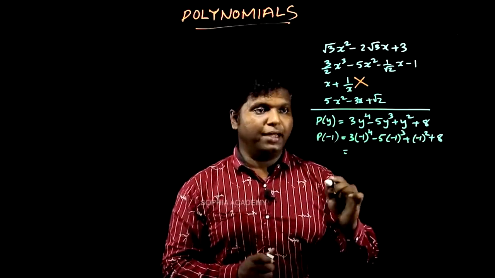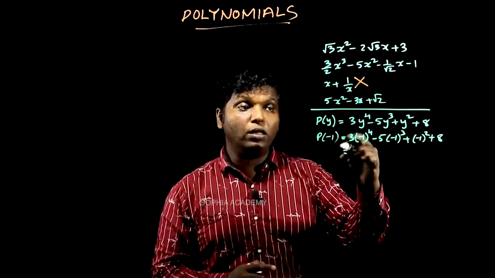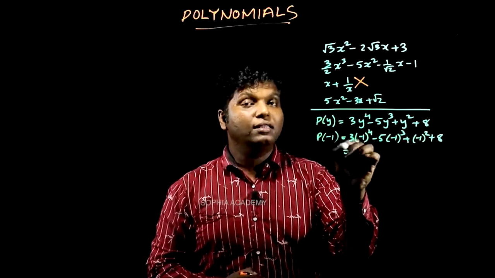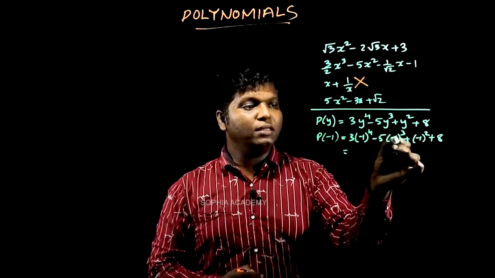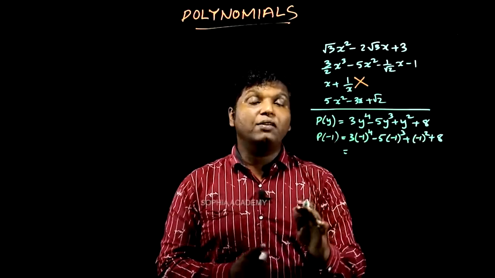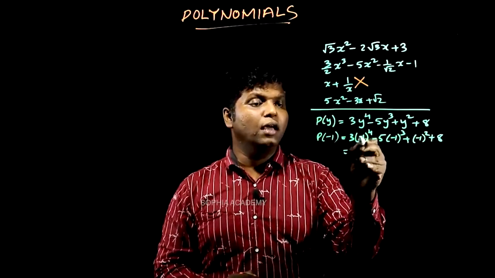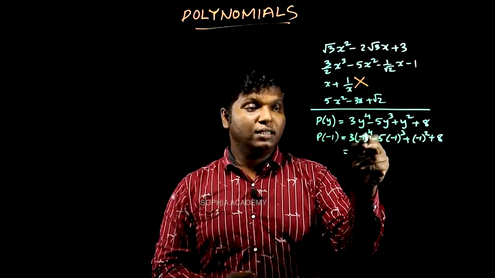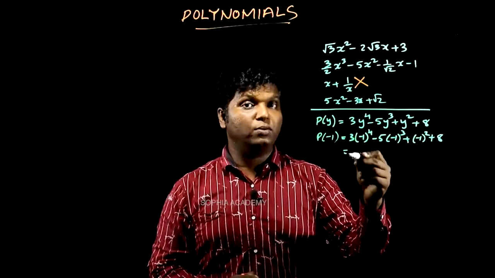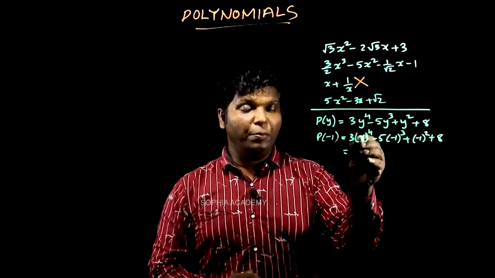So here goes the tip. Whenever you are taking the power of a negative number, if the power is even, then definitely the sign will become positive. And when the power is odd, the sign will be negative itself. Keep this in your mind. So minus 1 raised to 4, it's raised to an even number. So minus 1 into minus 1 into minus 1 into minus 1, again 1 into 1 into 1 into 1 is 1 itself. So it will be positive 1.